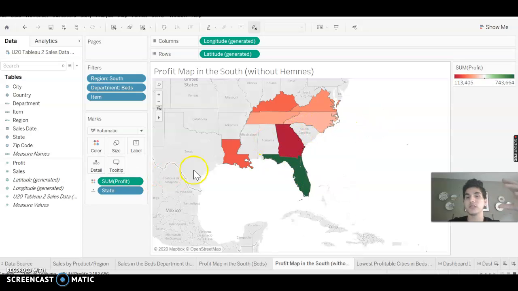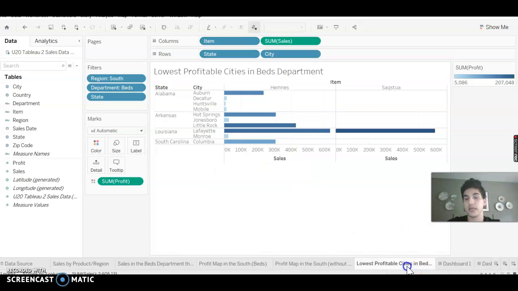But however, the other ones didn't sell beds that good, unlike the Hemnes. Some states here, like Mississippi, Alabama, and South Carolina, didn't even sell any bed other than Hemnes. So I was like, okay, this is kind of suspicious. So I started to think maybe the whole company just takes the other beds out of line and focuses on selling the Hemnes, right? So next, I decided to analyze more deeply the cities that were selling beds, and